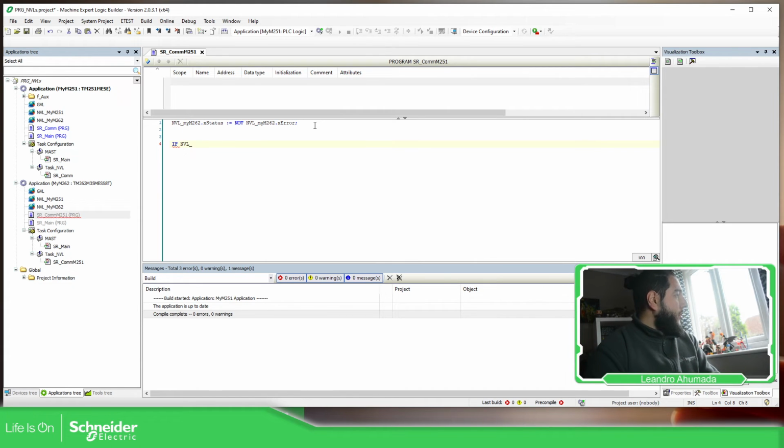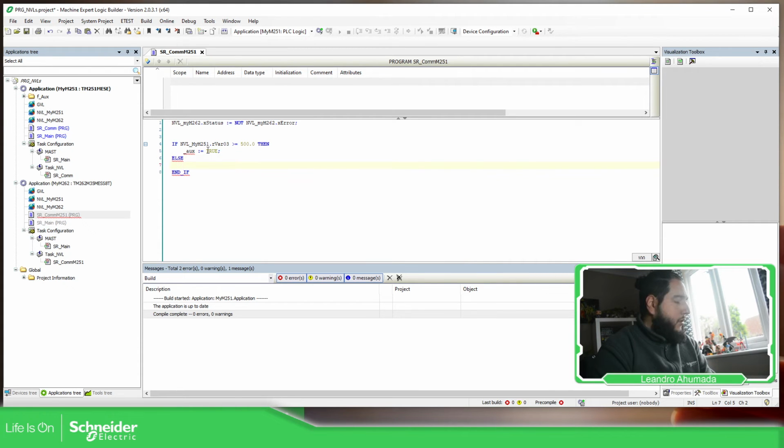Okay, so NVL my M251, dot part 3 equal 500 dot 0, then let's see, aux equal true, whoops,